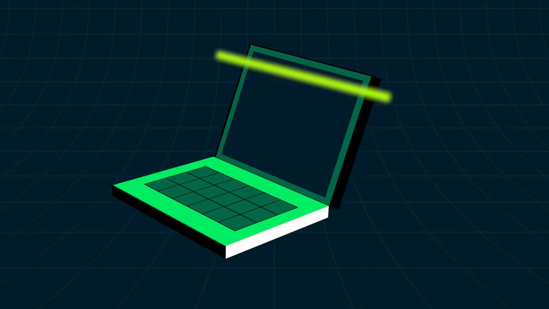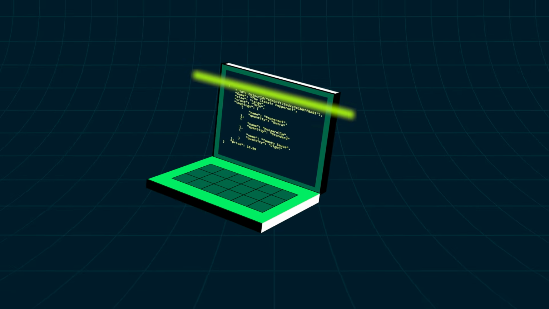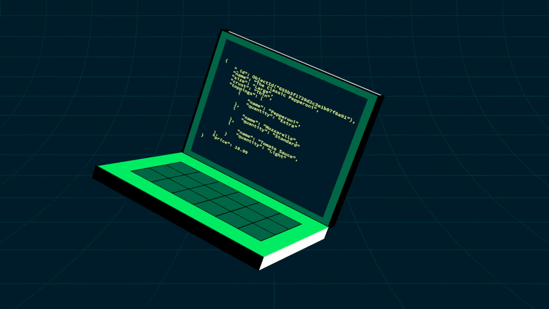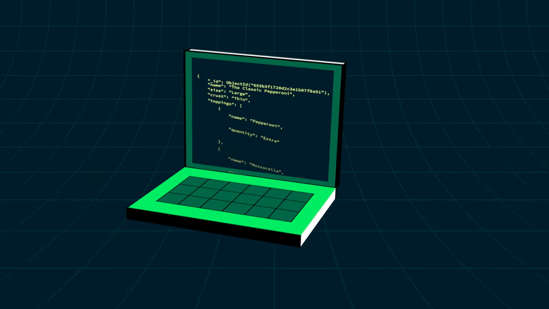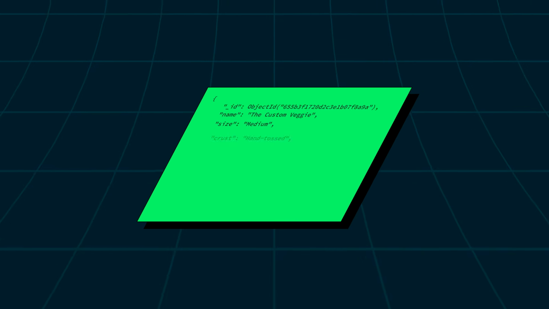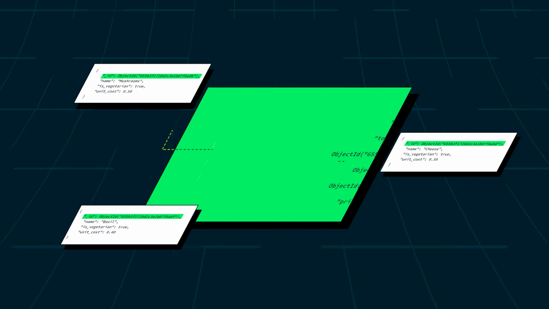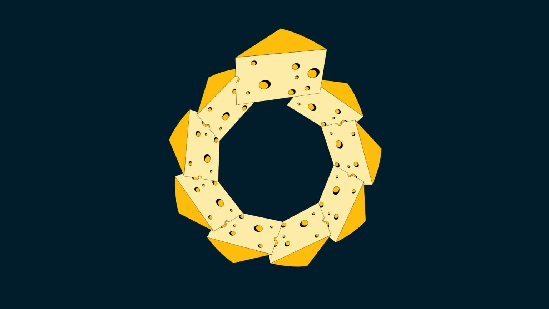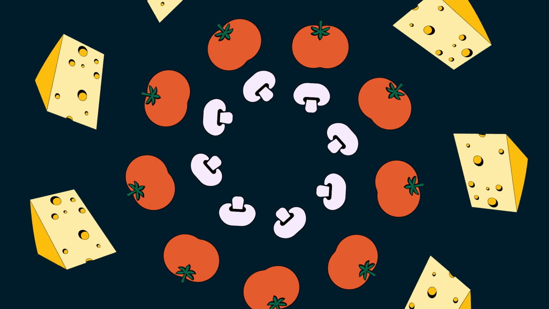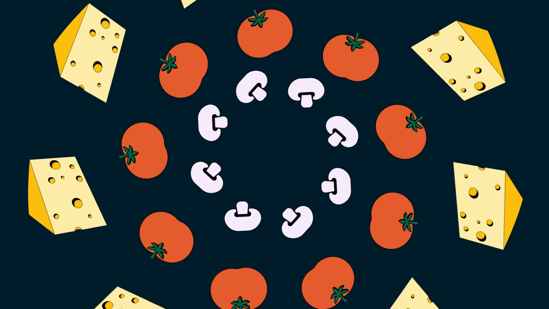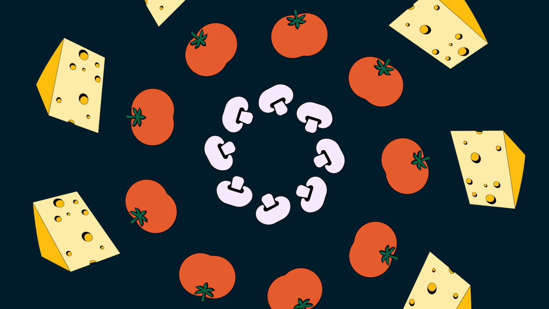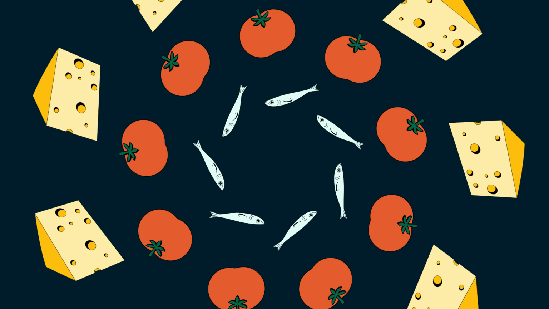In the same way, querying an embedded document means you retrieve all the embedded data, even if you only need part of it. When you want only a subset of data, it's best to keep things separate. That's when creating references comes in handy. Your references are like different ingredients stored in different containers. You can keep your dough, sauce, cheese, and toppings on their own, and update or swap a single ingredient without